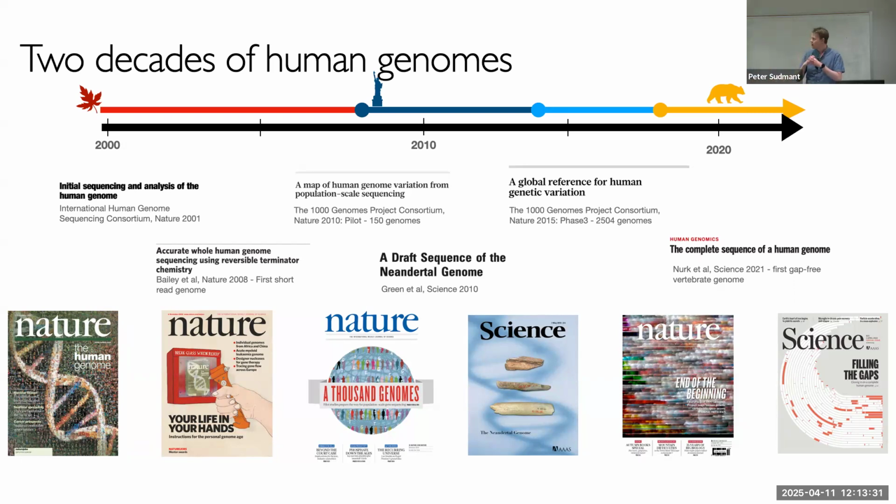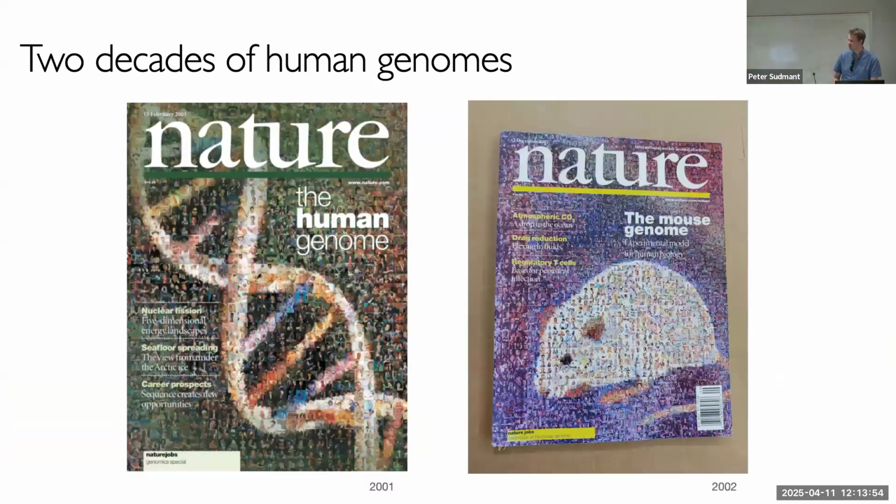But the thing about all of this, everything that happened over this time period, as well as an enormous amount of progress in human health and discovery, disease, companies like 23andMe and identifying the causes of huge numbers of human diseases. The thing that was kind of remarkable about all this is that all of this was lying on the back of the human genome. Everything required a reference genome. Everything is basically entirely dependent.